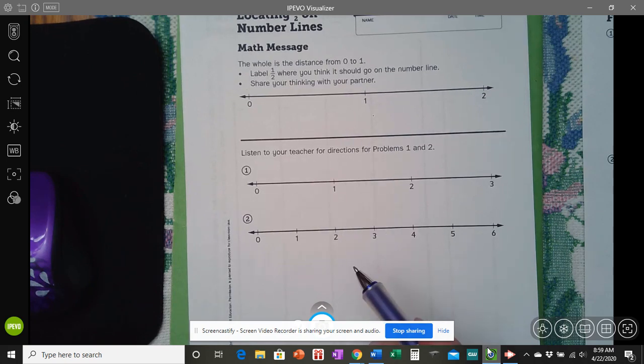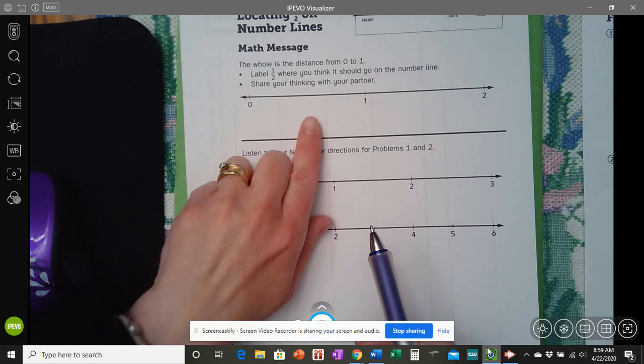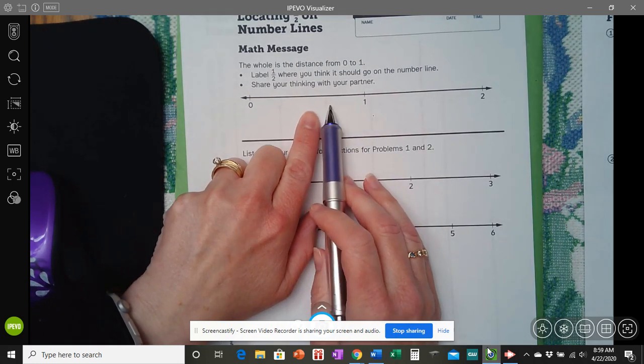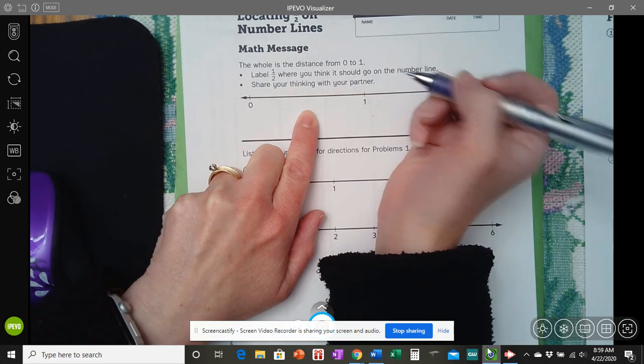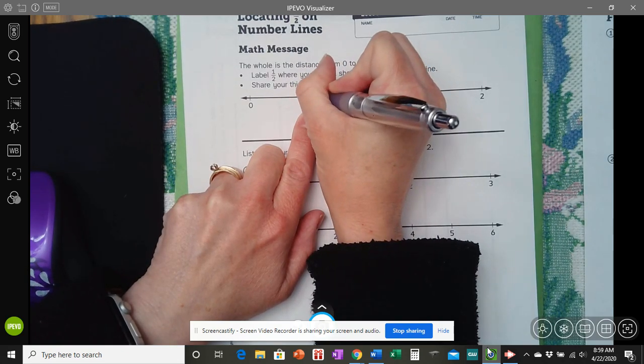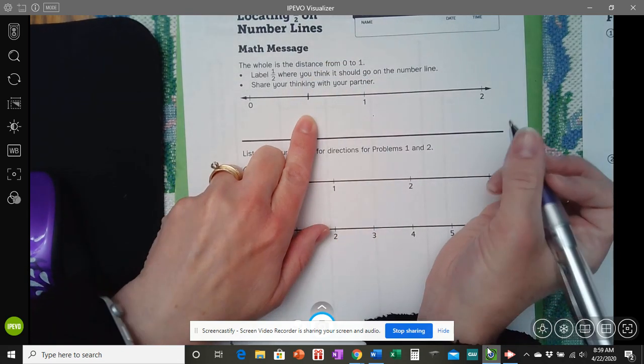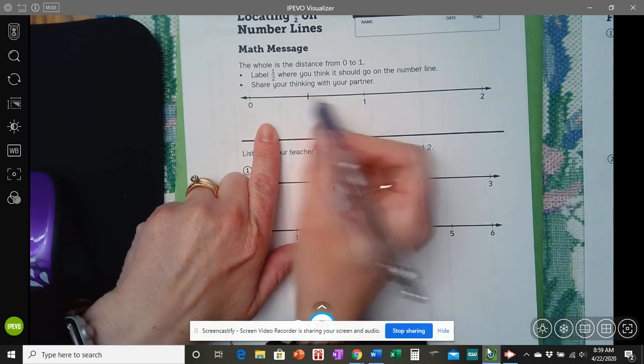Okay, so we're going to look at this. We want to make it a half. So we just said half would be equal parts. So I'm going to go about in the middle, and I'm going to make a tick there. Okay. And if I have one piece,